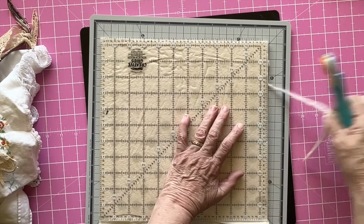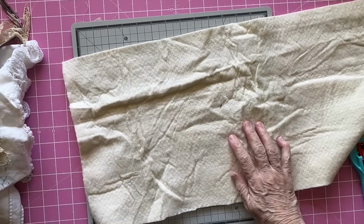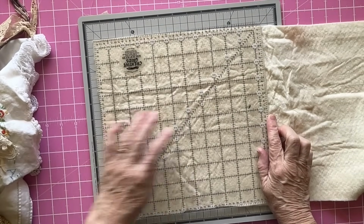You can, of course, join batting. I have done that before. It works fine. I probably won't for this particular quilt, but I have done it in the past. I think I just hit the camera. I'll just adjust that for you. And so we'll cut one